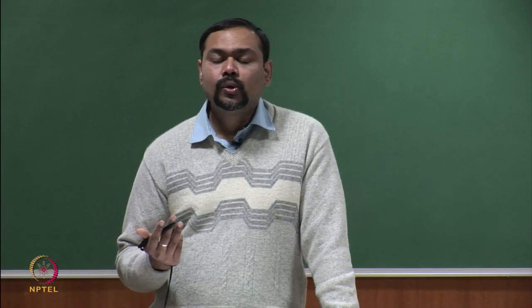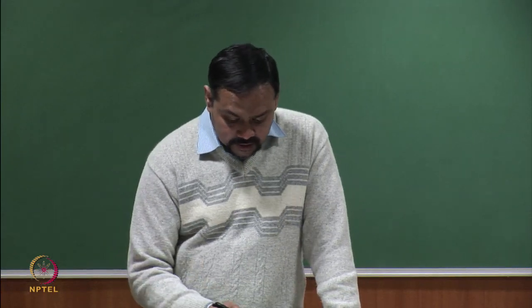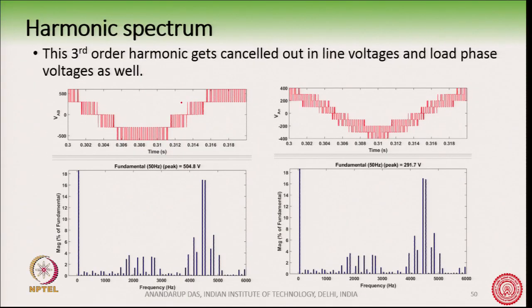Okay. So, this is the line voltage waveform and this is the load phase voltage waveform, and you can see that the 2250, that is the 45th one, has disappeared because it is a multiple of 3, right, but the side bands do not disappear because they are not multiples of 3. So, they do exist in the line voltage as well as in the phase voltage,